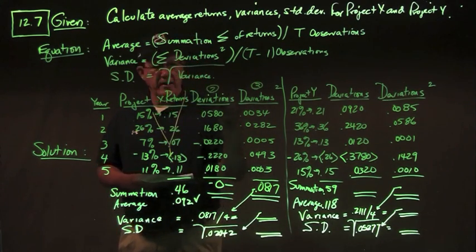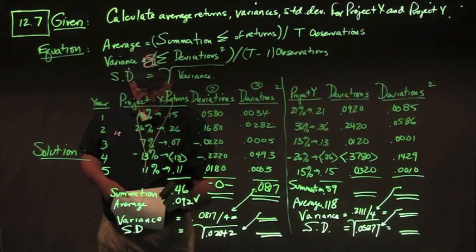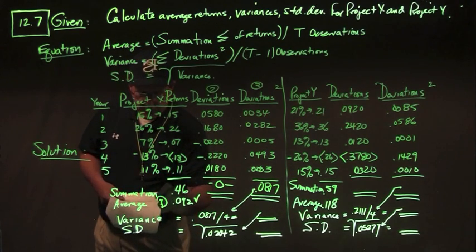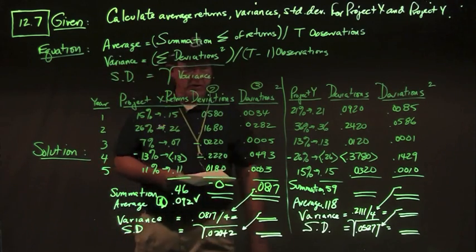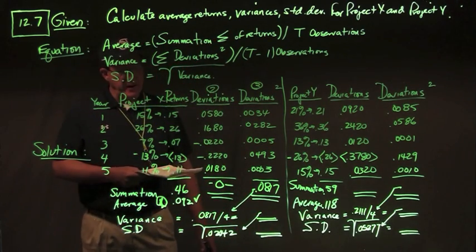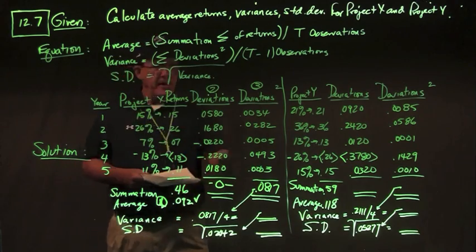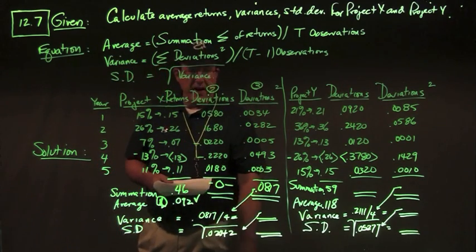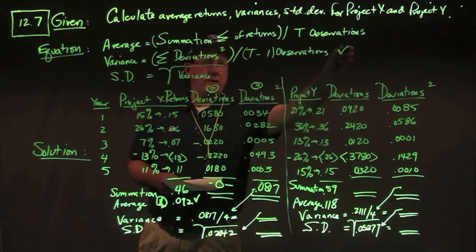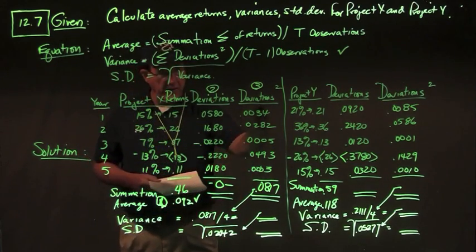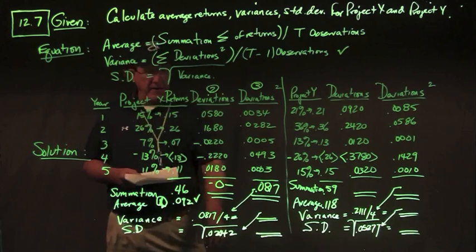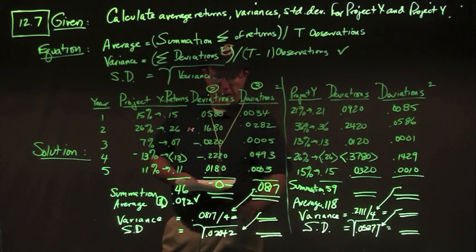Step number 2, calculate your deviations. Step number 1, calculate your average. So we're through the third step. Now we need to calculate the variance and the standard deviation. The variance is simply the sum of the squared deviations divided by t minus 1 observations. So I take my 0.0817 as the sum of the squared deviations divided by 4, 5 minus 1 or 4